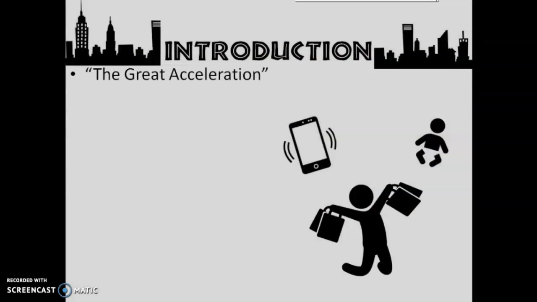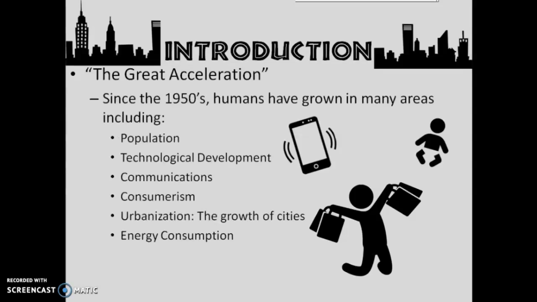Alright, so a little bit of introduction here. The Anthropocene a lot of times will focus on the Great Acceleration. Now, if we were in class, I would ask you some questions like, what do you think the Great Acceleration would mean? How have we gotten better or thrived as a species? Okay, what have humans done that is fairly advanced, or have we gotten better at? And we'd probably get up into some of these answers.